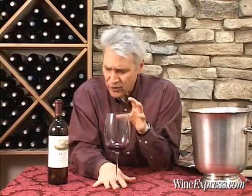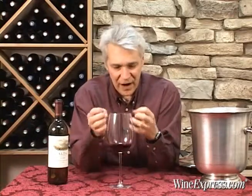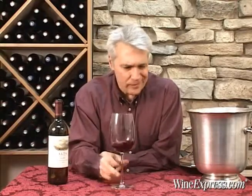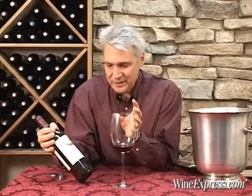You know, you get that black currant, and you get that black olive thing going on, but then there's more of that dark chocolate that comes through, and just little hints of sort of like blackberry also coming out. Good, easy on the palate. There's sort of a chewy quality to it. Really nice wine. And, you know, you could probably let it mellow a little bit for another year or so in the cellar, but